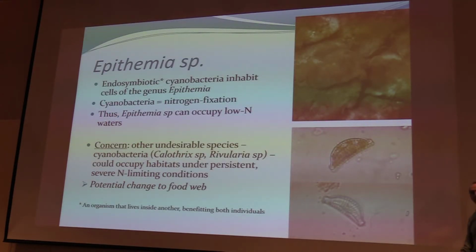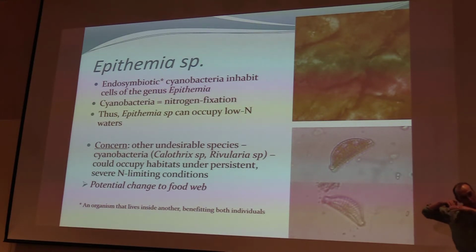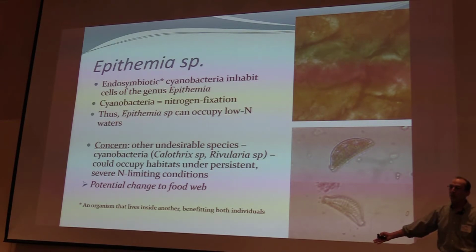What is special about Epithemia? It's an endosymbiont. It's got cyanobacteria inside it. It can fix nitrogen via the symbiotic relationship. And so it can occupy low nitrogen waters. And so when the nitrogen gradient shows that diminishing in nitrogen limitation in the system, the other species fall away, and Epithemia steps in and says, I'll do that. It's a great food source, too, for